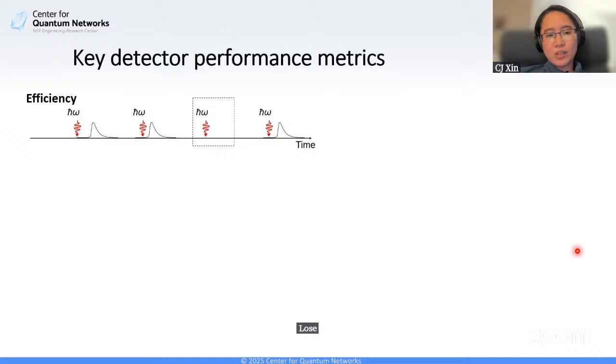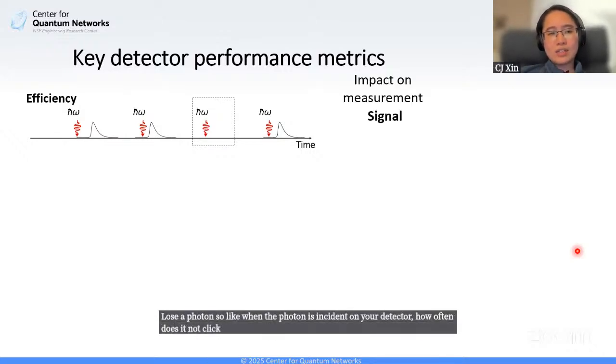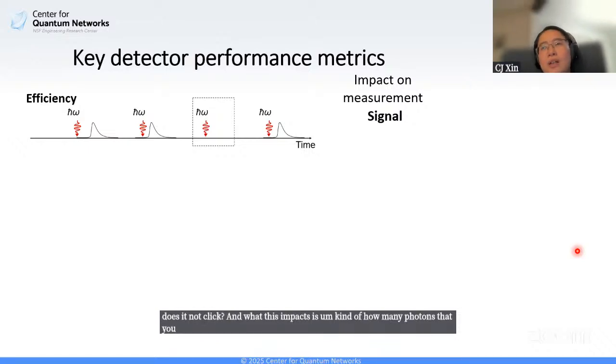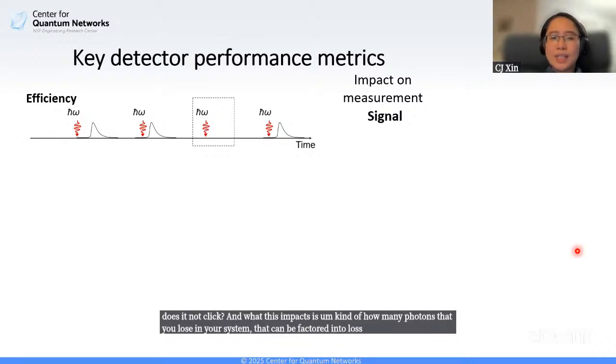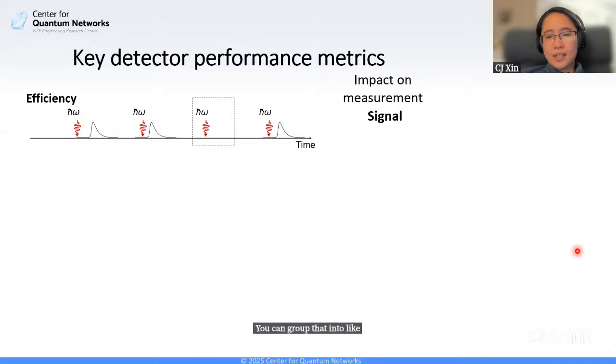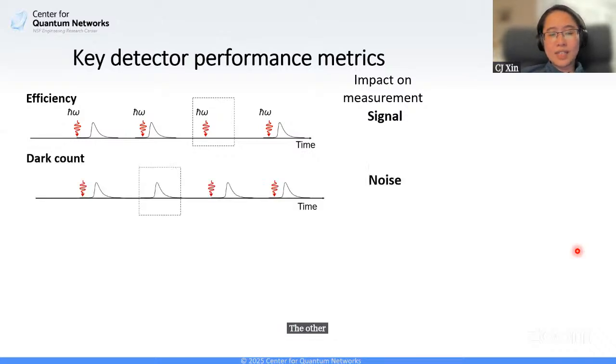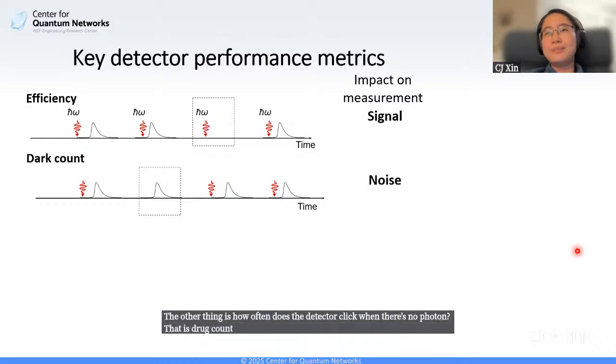When the photon is incident on your detector, how often does it not click? This impacts how many photons you lose in your system. That can be factored into loss, grouped into loss per link or whatever. The other thing is how often the detector clicks when there's no photon. That is dark count,